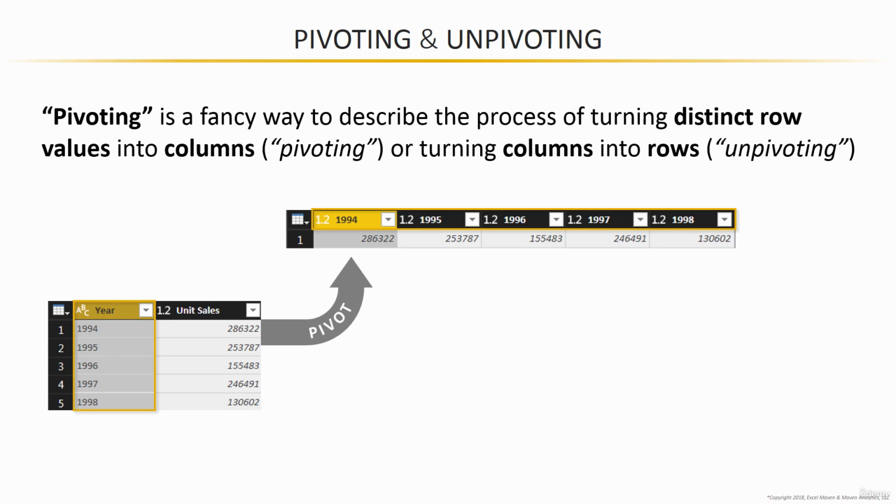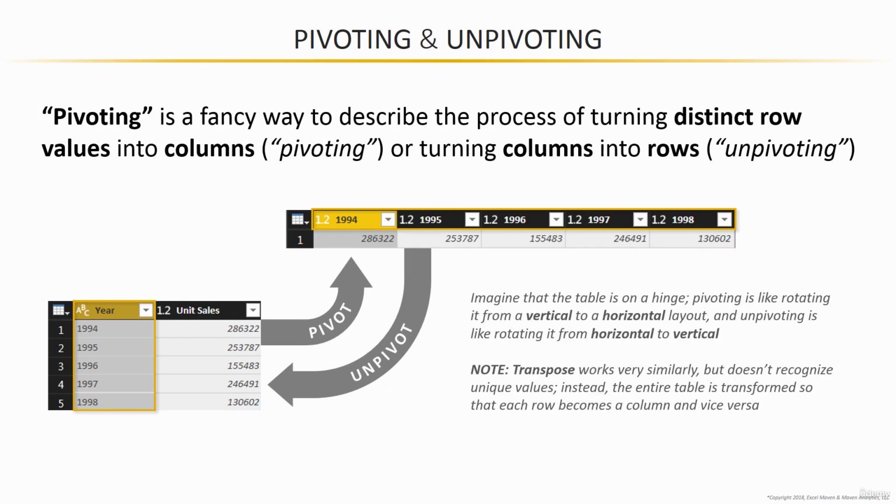If we started out with the table in that horizontal format and we selected a row, we could unpivot to transform those years, which had been columns, into rows. So my little tip here is that I imagine the table is kind of on a hinge in that upper left corner. Pivoting is like rotating it up from vertical to horizontal. Unpivoting is like rotating it down,